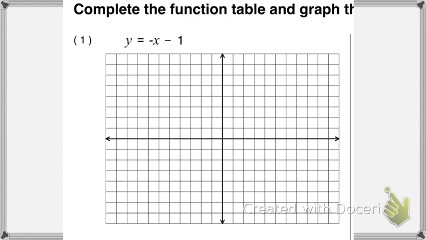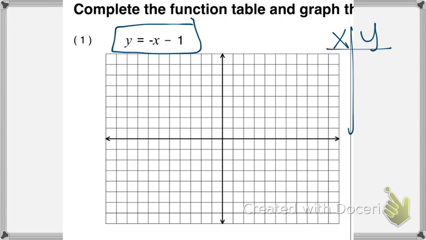So we started into graphing, and we're going to use a table to be able to graph this function. And remember, if we have an equation y equals negative x minus 1, what we're really trying to do is find an x and a y value that will make this equation equal on both sides. So the easiest way to do that is to make a table, and I can plug in any x number